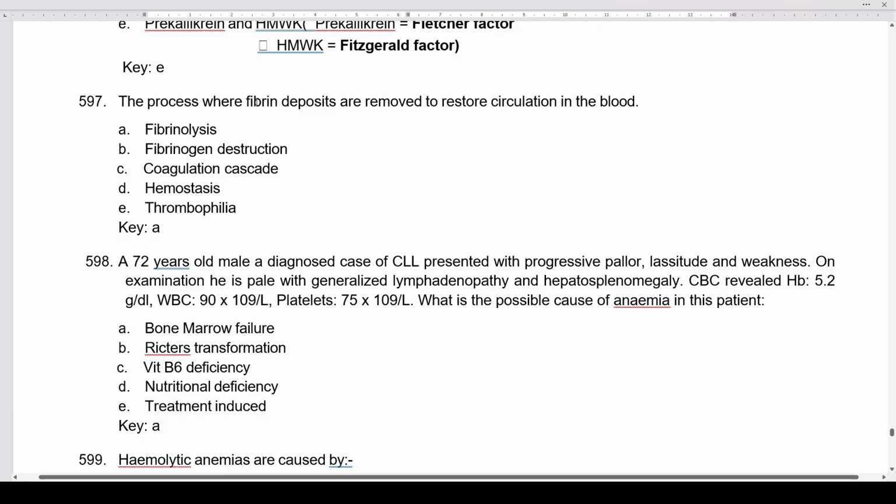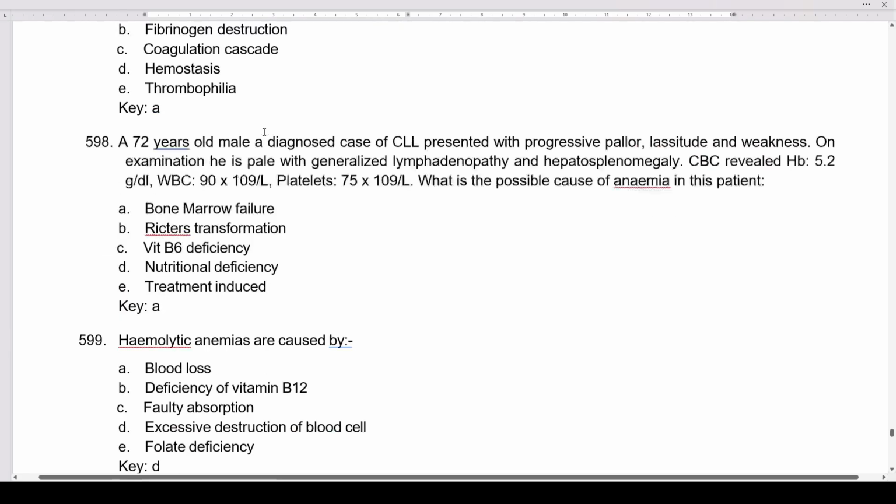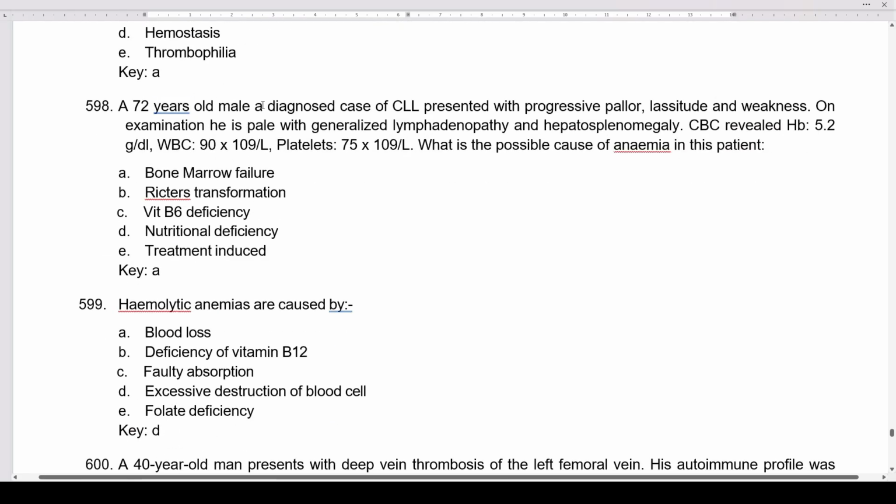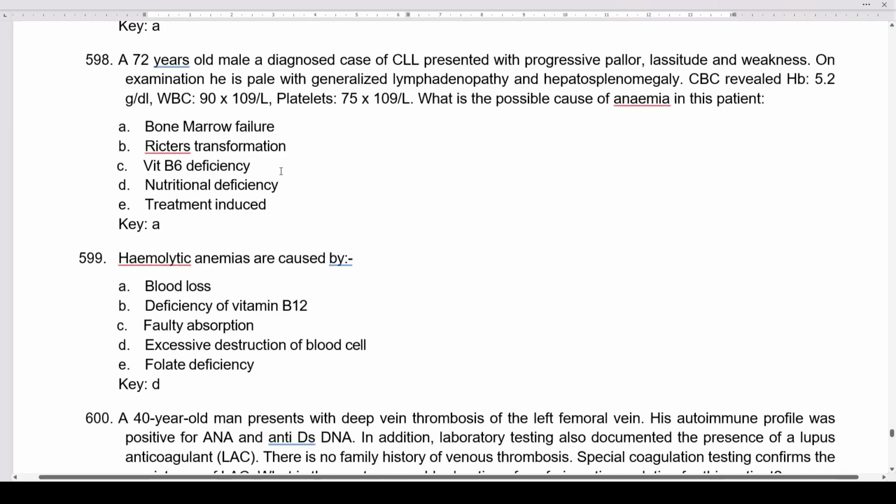Okay, the process where fibrin deposits are removed to restore circulation in the blood is called fibrinolysis. Okay. Next is a 72 year old male, diagnosed case of CLL, presented with pallor, lassitude, weakness. So it is the repetition. It is the same scenario which we did above. It is a bone marrow failure case, because of the infiltration by the lymphocytes, the patient has gone into bone marrow failure, and all the cell